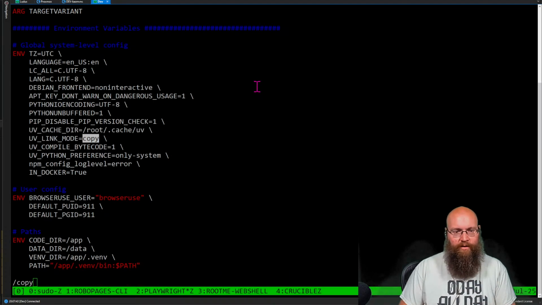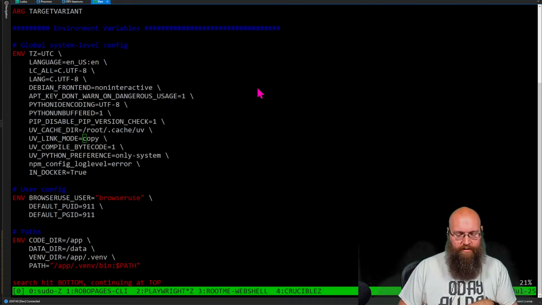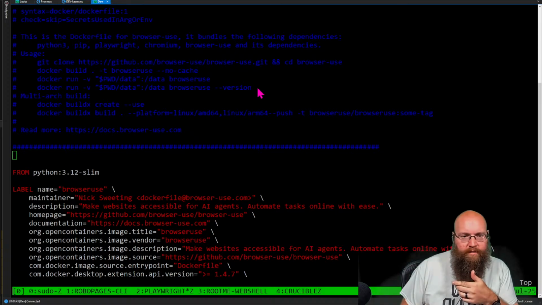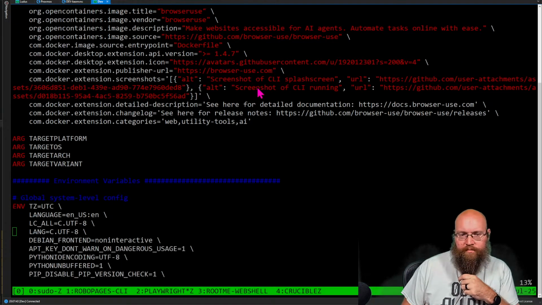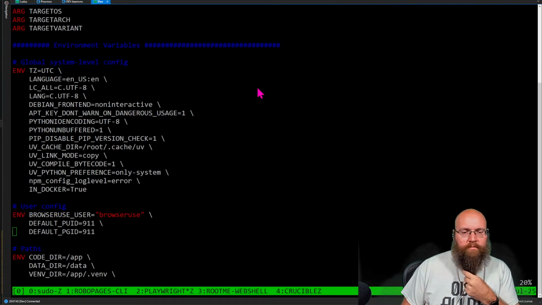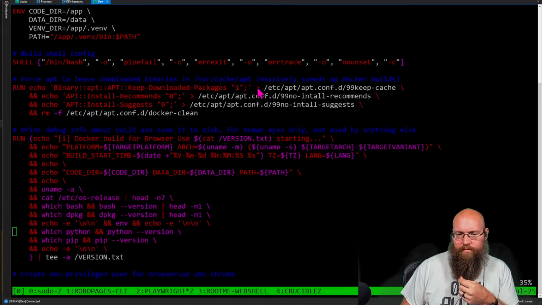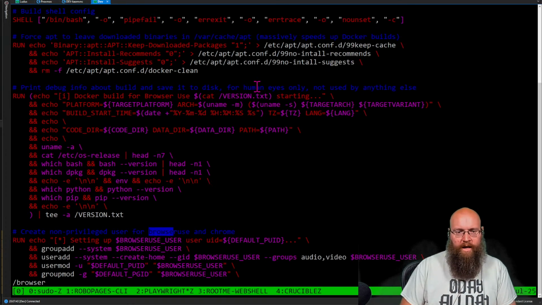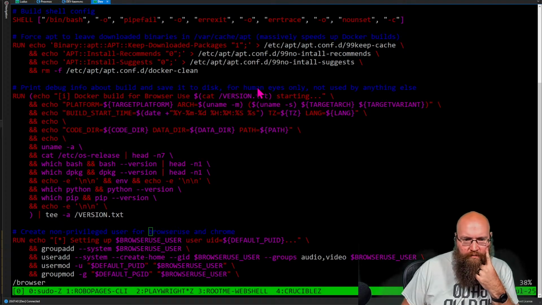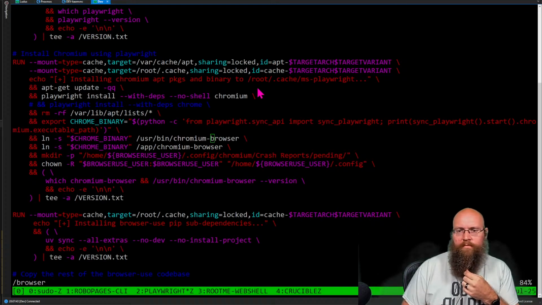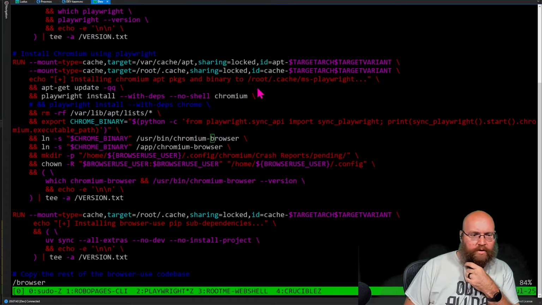Wait, that's it? That's the only copy command? How's he getting browser-use even in here? There's our Chromium browser.